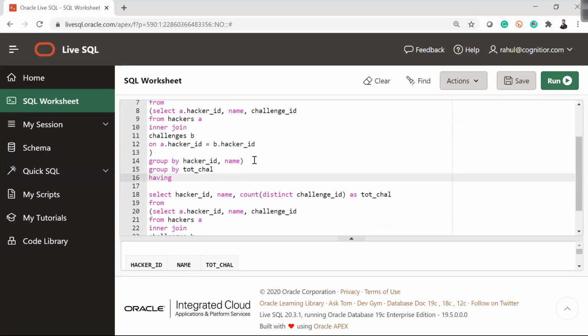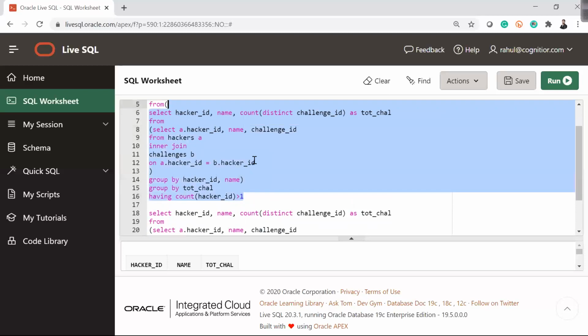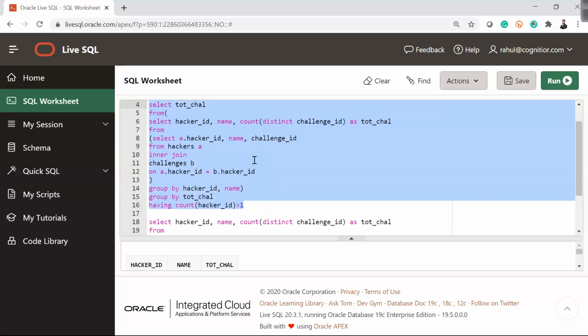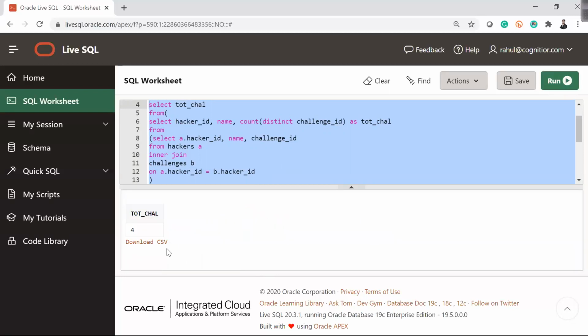having count of hacker ID greater than 1. Let me run this part. You can see I am getting 4. Why am I getting 4?